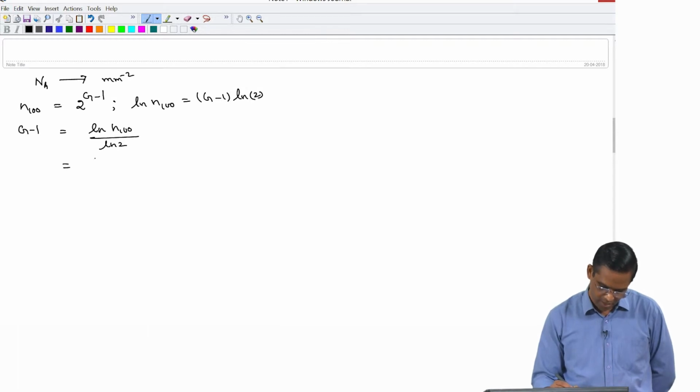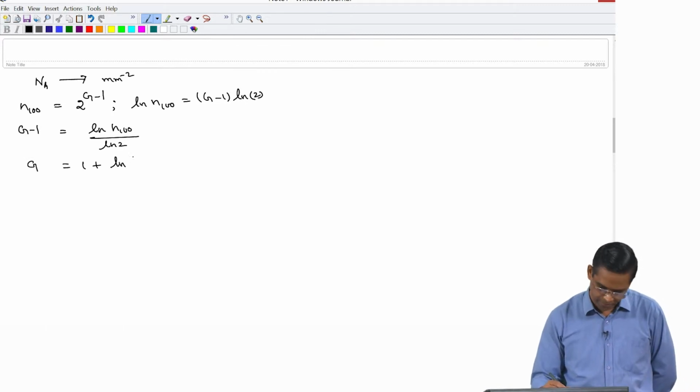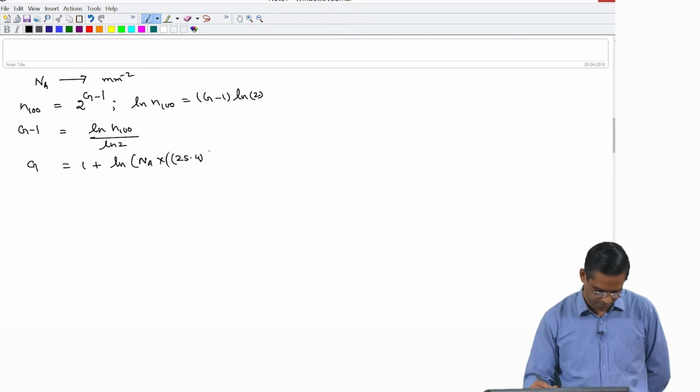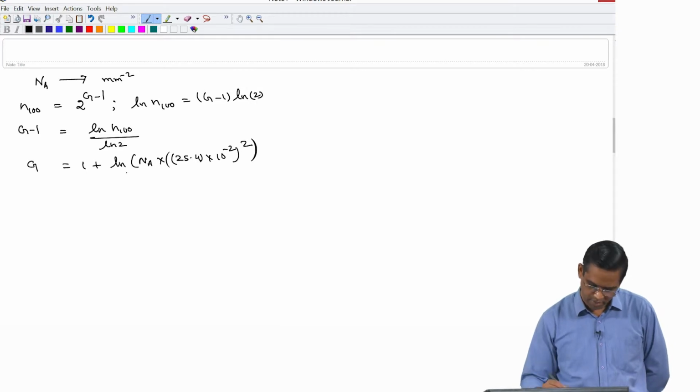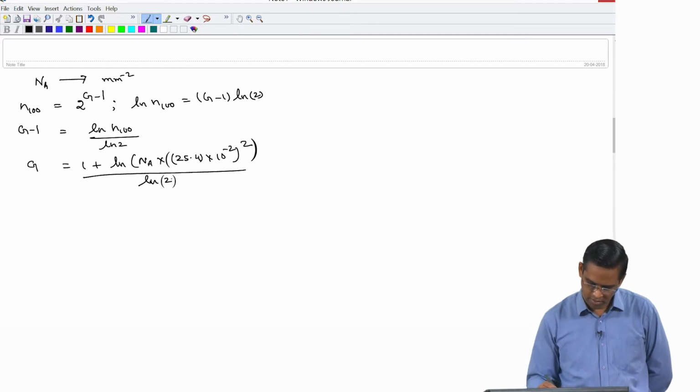So, G is equal to 1 plus ln NA into 25.4 into 10 to the power minus 2 whole square divided by ln 2,